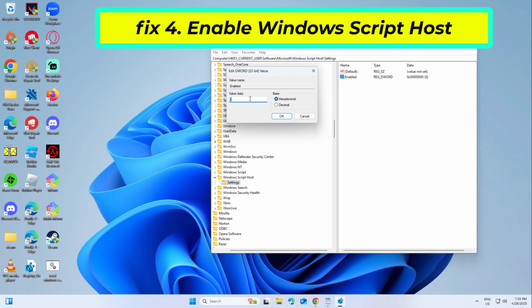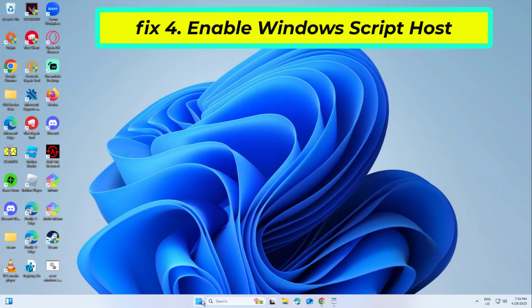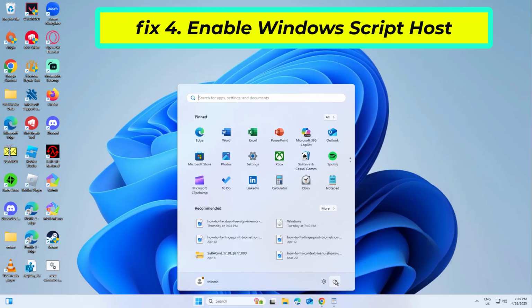Make sure the value data is set to 1 and click OK. Now restart your computer and try again and your problem should be fixed. If that didn't work,